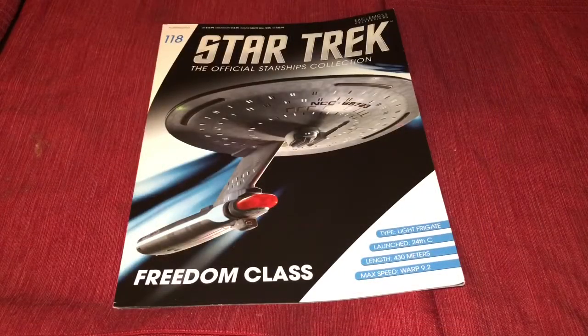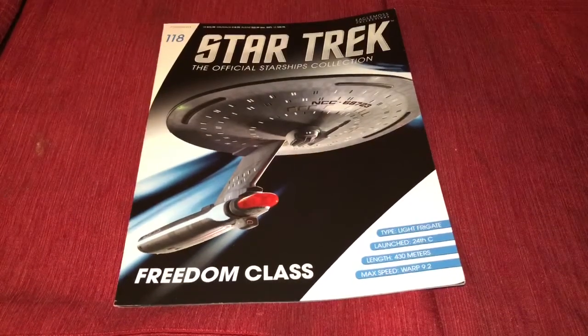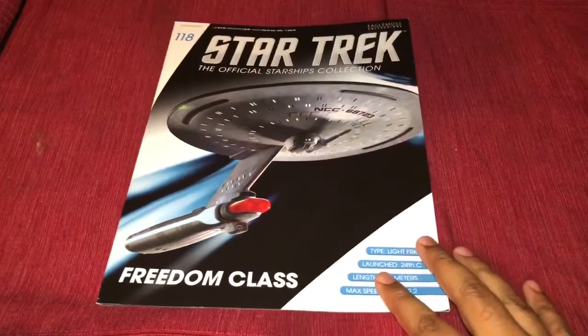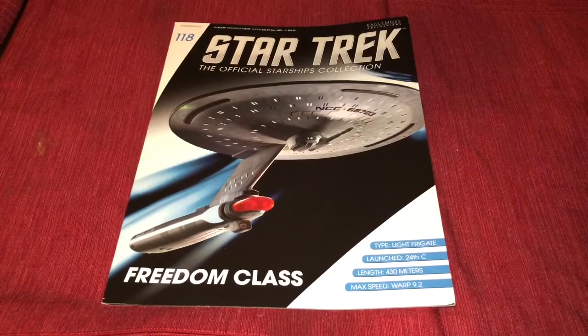All right, and here's the magazine, and as you can see, it's a rather interesting design of a ship and a pretty cool image on the cover there. It is considered Freedom class. It is a light frigate launched in the 24th century, approximately 430 meters long, and supposedly it can go as fast as warp 9.2, even though it only has one nacelle. But anyway,